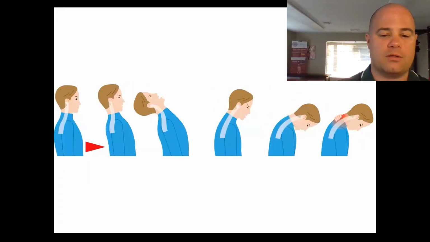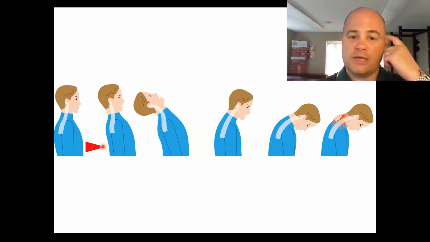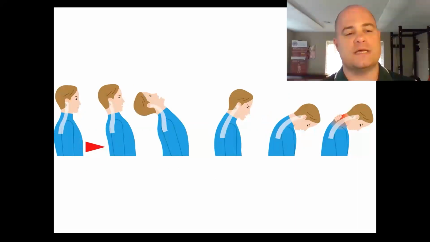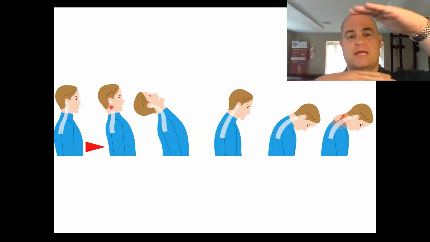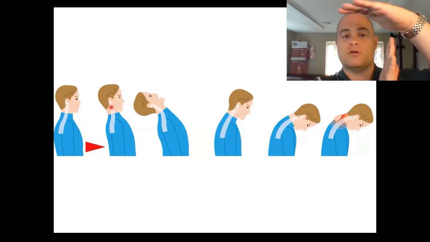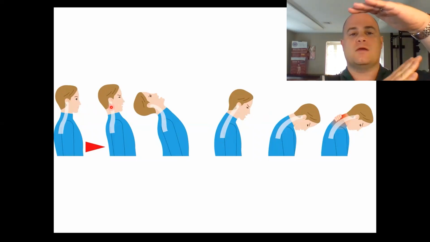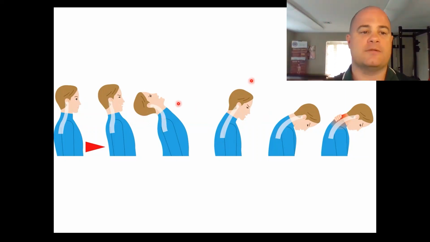Looking at this one, again, the same kind of thing. What happens initially with the mechanics of the collision is that once you get hit forward, you also end up getting a compression in the cervical spine at the same time. The cervical spine gets squished because your head stays still, and then when your buttocks and low back get moved forward, you get a compression in that cervical spine. Then you get the head extending, and then you get the snapping.